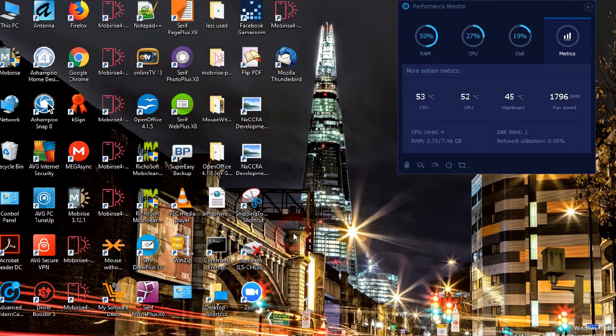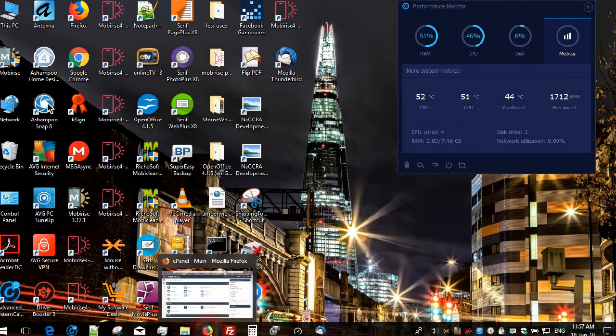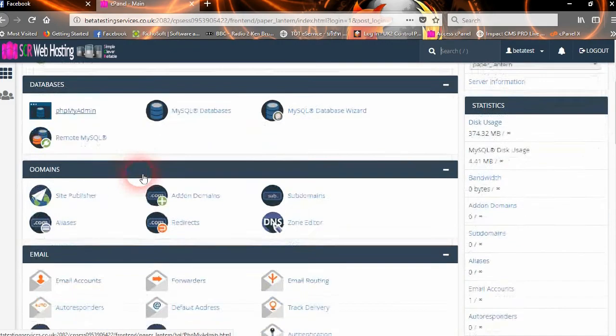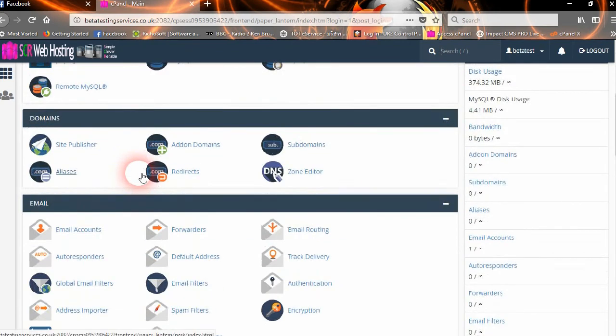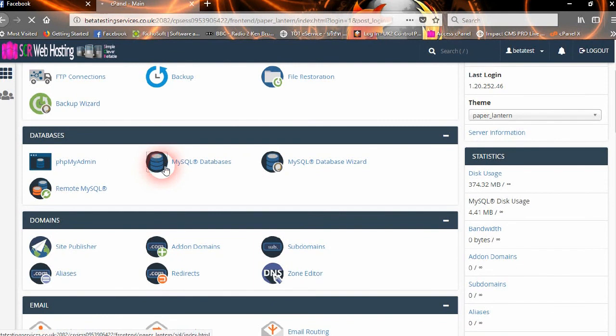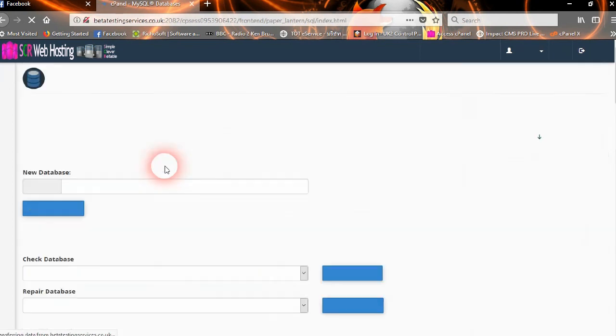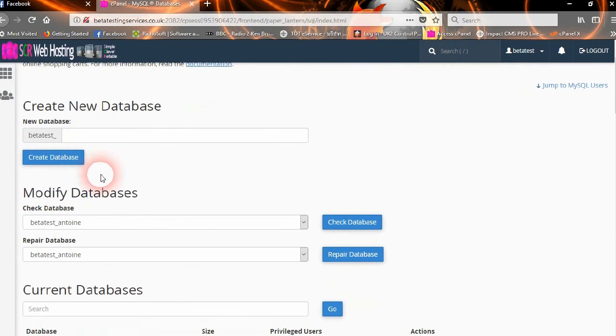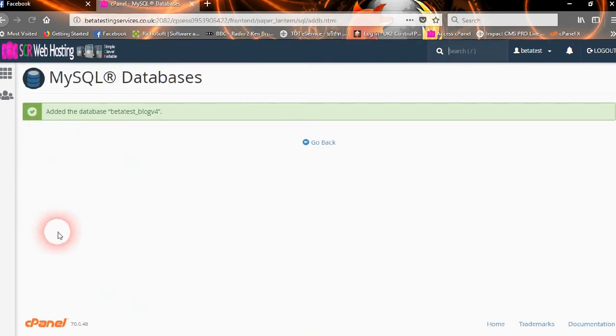Okay, so the first thing you need to do is to set up your database in your cPanel. So go to cPanel and go to, where are we? MySQL Databases. Now this may be different depending on your cPanel. So first of all you need to create a database and make a note of the name, and the name, as you can see here, has got a prefix added by the system. So create the database,